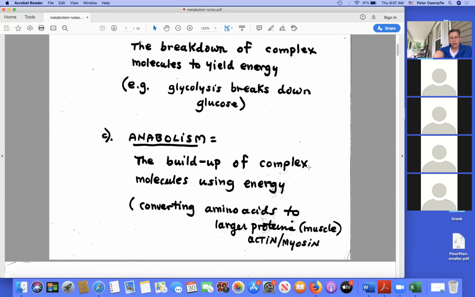All right, that's anabolism. If you hear the word anabolic steroids, that's something bodybuilders have taken to build themselves up using these steroid hormones. Right? That's another story for another time. But